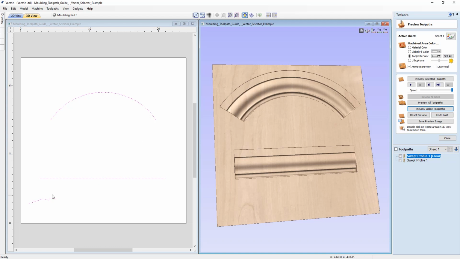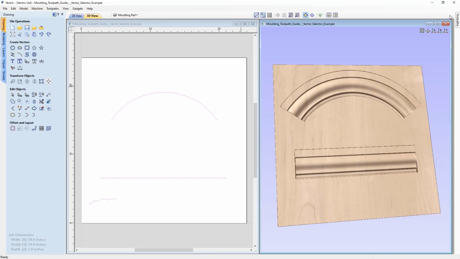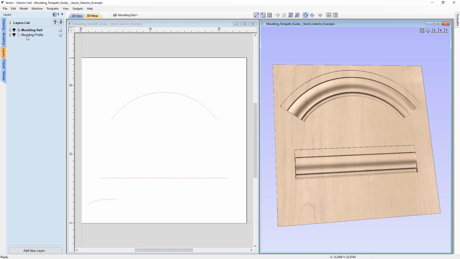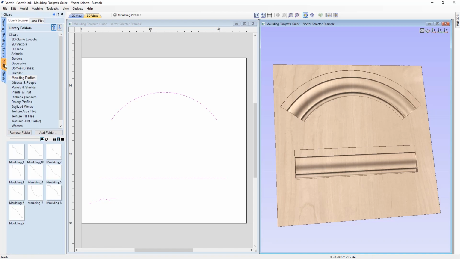So the next thing we can do is take a look at maybe changing out our molding profile. And as we know, we can only have one molding profile per molding toolpath. But if we go back over to our drawing tab again and look at our layers for a second, you'll see that we have two different layers set up, like I mentioned earlier, and we're going to select the molding profile. If we go to our clip art tab and look in our clip art under molding profiles,